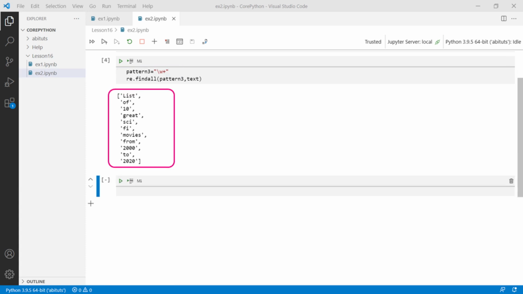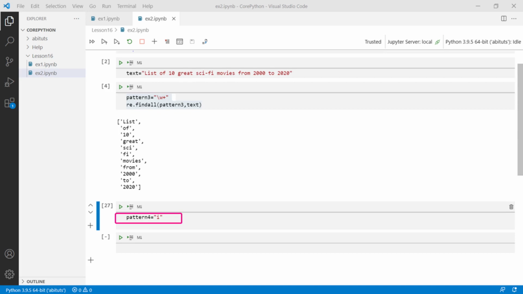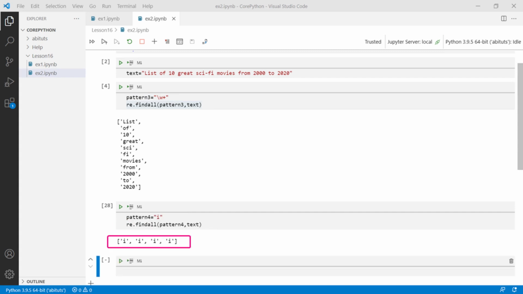Adding plus will give you a grouping of characters which follows the preceding pattern, which in this case is \w. Let's create another variable named pattern4 and assign the value i to it. Let's try to find the pattern in the text. The findall function will return all characters i in the text, which is an exact match of the pattern we have given.